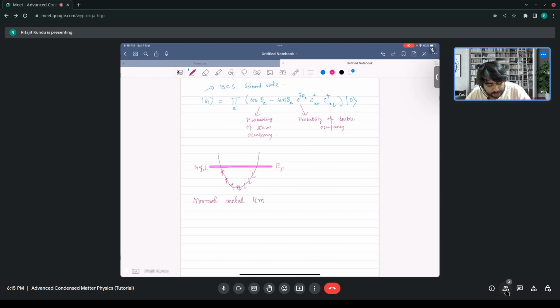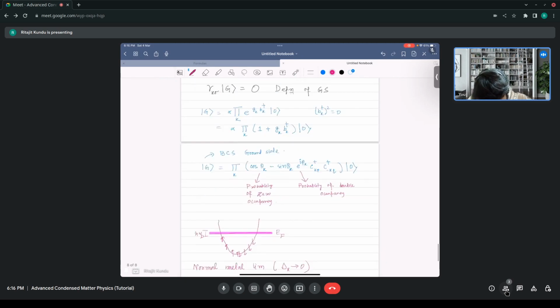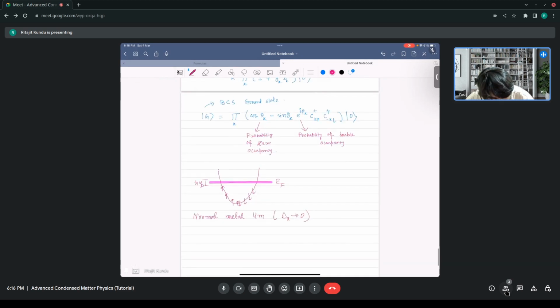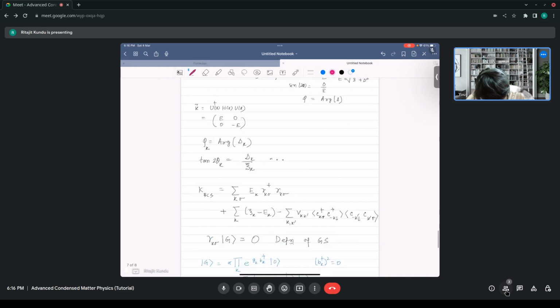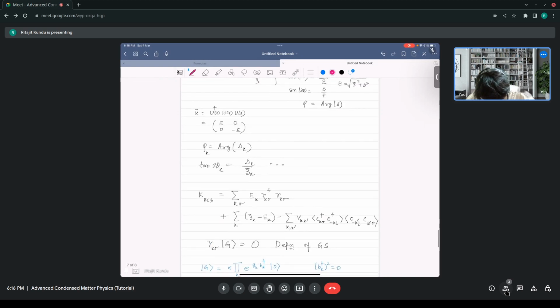So how do we achieve that? In a normal metal, the delta k's are all 0. So wherever we have plugged in our delta k's, we'll just put 0 in all of the places. If you do that, you will see that, and the temperature is also 0. In this limit you will see that this